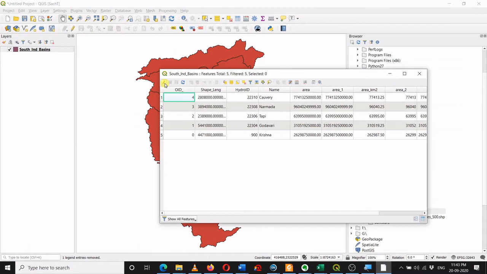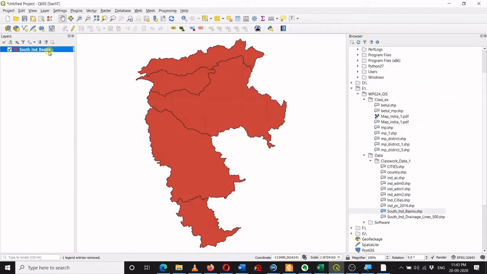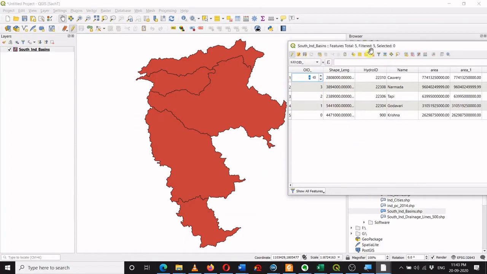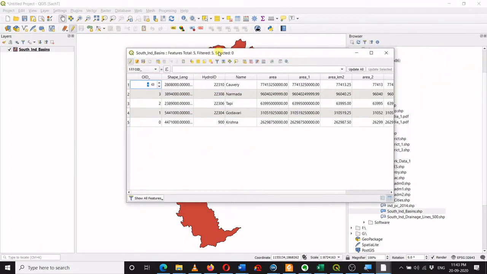Okay. There is also another way of doing it. For example, if I select a layer over here, I can turn on the editing by clicking over here, toggle editing. So once I do it, editing mode is on. So either I can edit this feature, it means geometry, or I can edit the attribute table, that's the information contained over here in a tabular format. So you can see over here this editing mode is on.